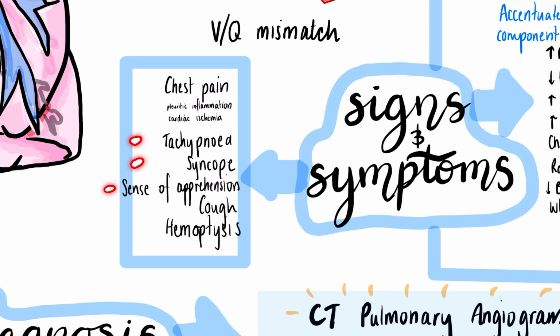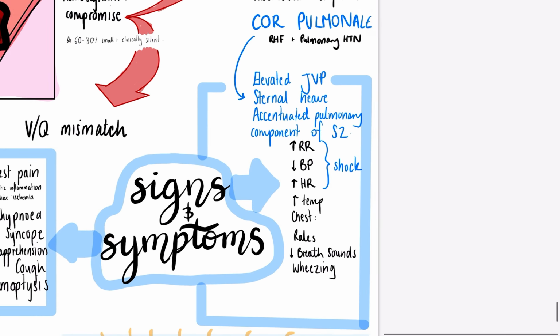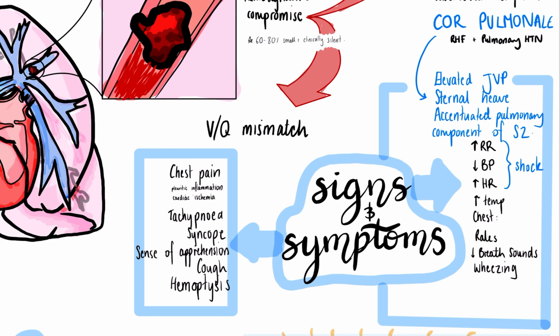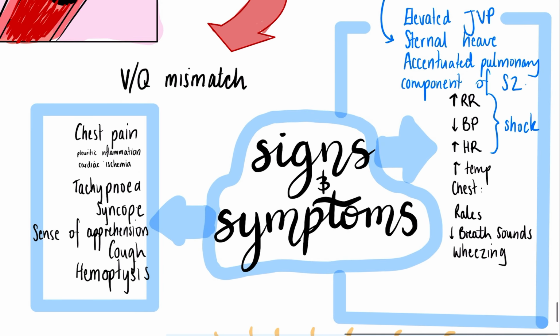A sense of apprehension is actually found in, I think it was 53% of patients, so you literally feel like something bad's going to happen. You can get a cough, and hemoptysis, or coughing up blood, is a really common sign as well. Those are the symptoms. In contrast, the signs, which are the things that only the doctor can measure, include signs that point towards